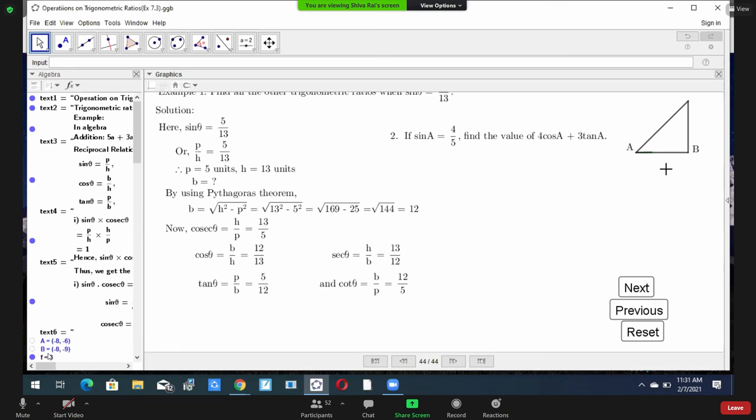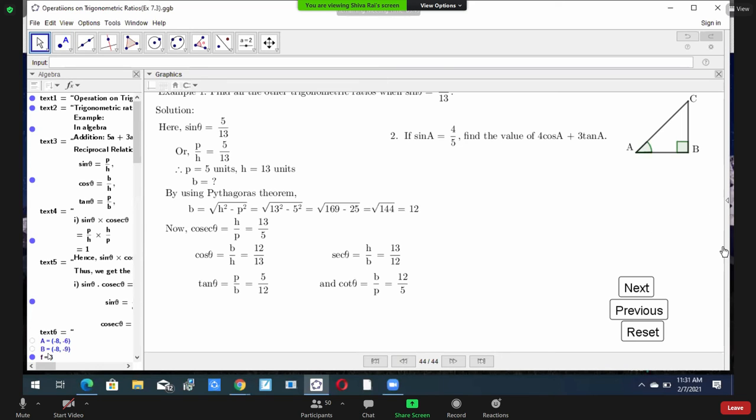Okay, now B, this is B. B is 90 degree. Now C is also an acute angle. Here A and C are acute angles. Now B is 90 degree. Let's give the notation for this. 90 degree, are you getting? Now this is the notation of 90 degree. Similarly, let's give the notation for the angle of reference. Angle of reference is A. So for A also, let's give the notation. This angle A is the angle of reference.